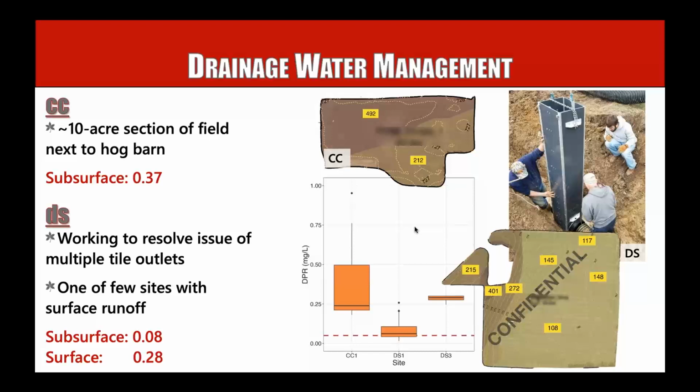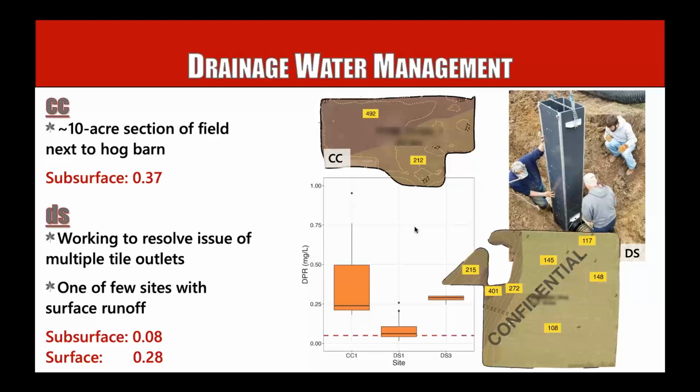So I want to orient you to the graphs that I'm going to show some preliminary results from for these sites. So on the bottom of these graphs, you're always going to see a dashed horizontal line, and that shows the target goal of 0.05 milligrams per liter dissolved reactive phosphorus that we need to meet the goals for the Lake Erie Water Quality Agreement. Okay, so that's our goal, that dashed line at the bottom.